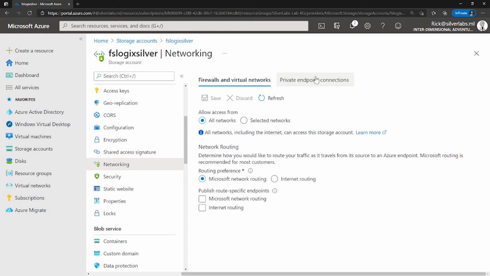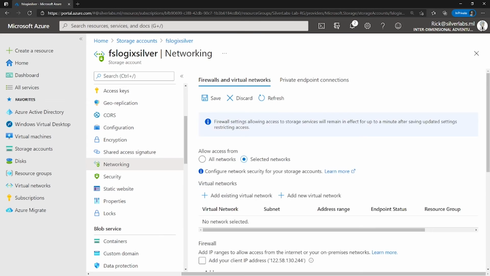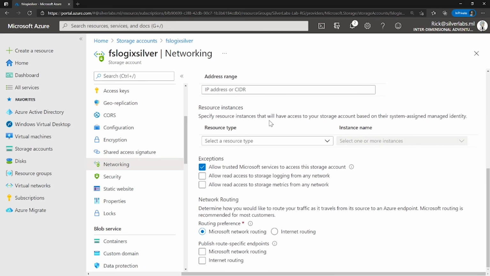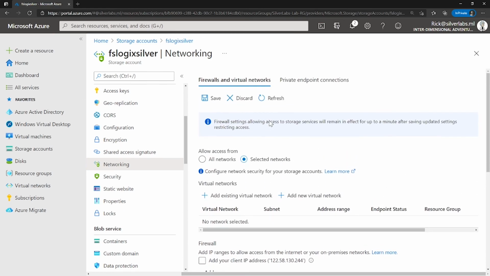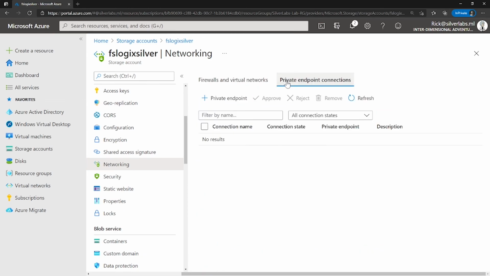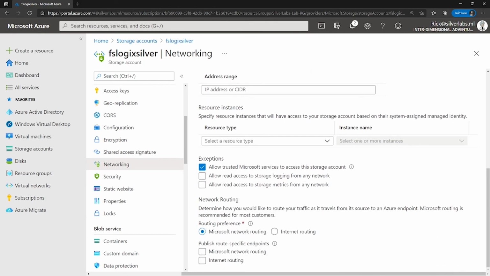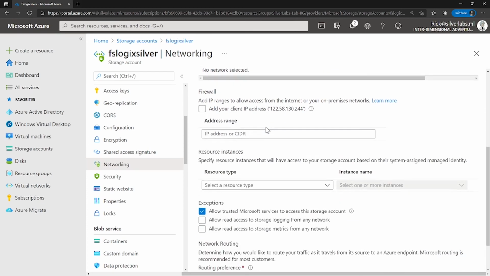For accessing a storage account, you would use the firewall and virtual network blade to add the virtual network that will have access. You can configure to allow access to one or more public IP addresses, and the firewall and virtual network settings allow restricting access to the storage account for a specific subnet on a virtual network as well. And subnets and virtual networks must exist in the same Azure region or region pair as the storage account. Please note that it is important to test and ensure the service endpoint is limiting access as expected.